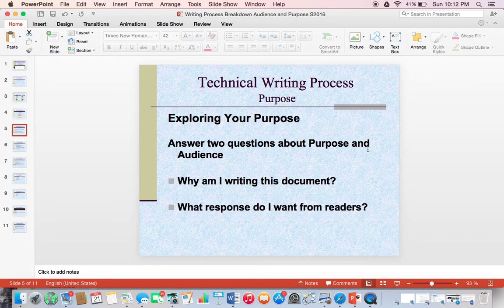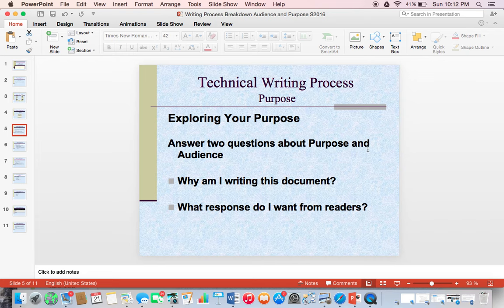And we often write purpose statements in our technical documents to explain to our reader what our purpose for writing the document is. So you can include your purpose statement as part of the introduction of your document